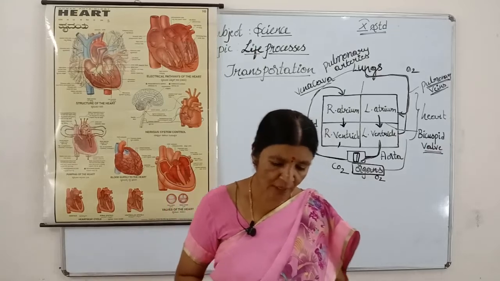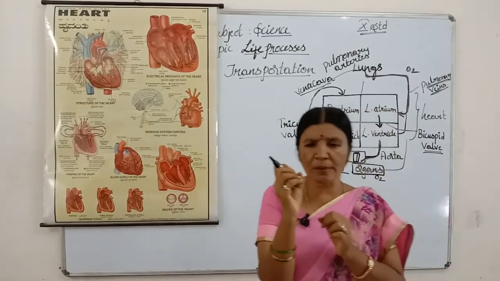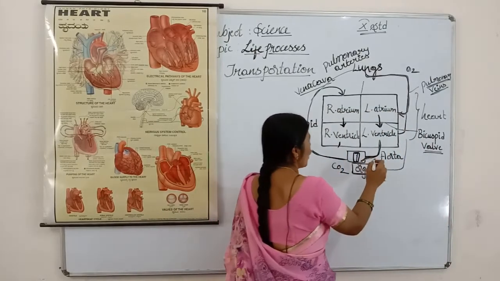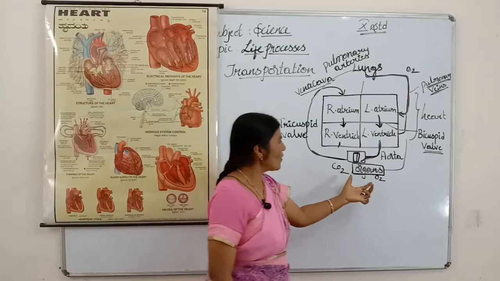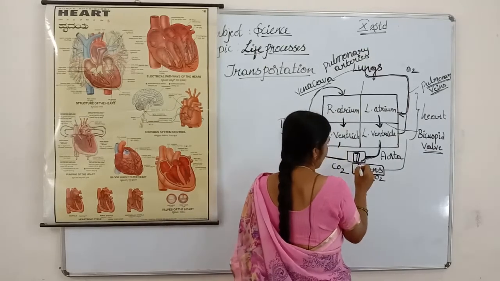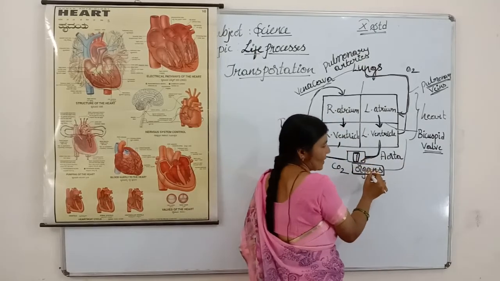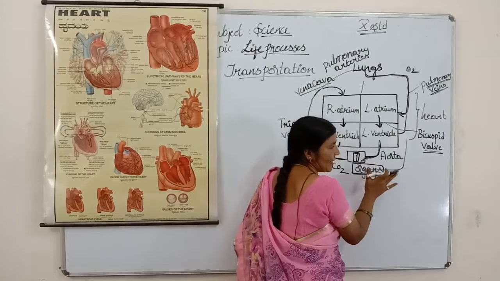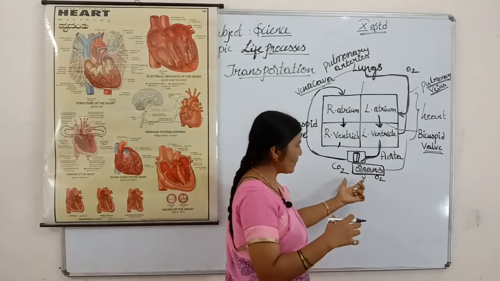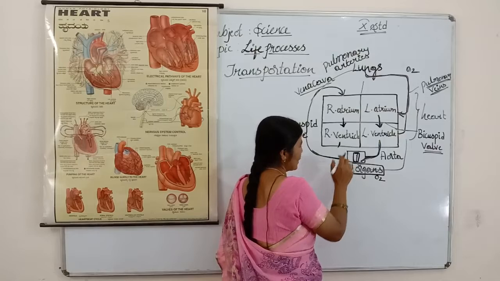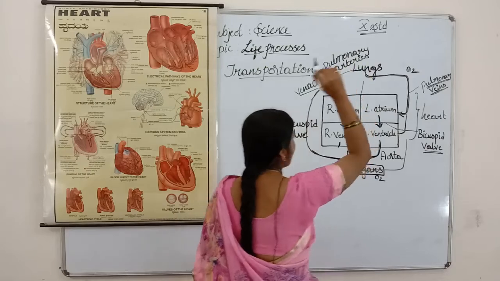Aorta, here the aorta will have many smaller branches, from which it carries that oxygen-rich blood to all parts of the body. From these organs, again the blood, here exchange of gases takes place, I told you. Means the organs undergo respiration, and in respiration organs take oxygen from the blood and give back carbon dioxide to the blood. The blood carrying deoxygenated carbon dioxide goes to the lungs.